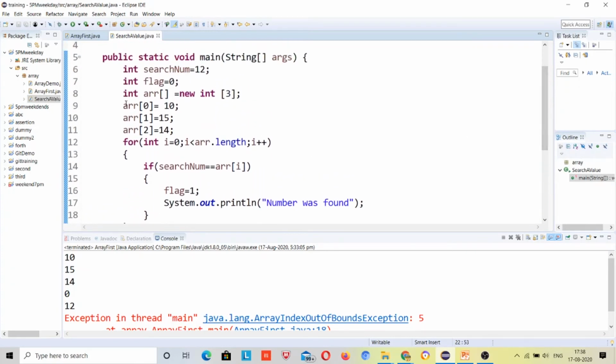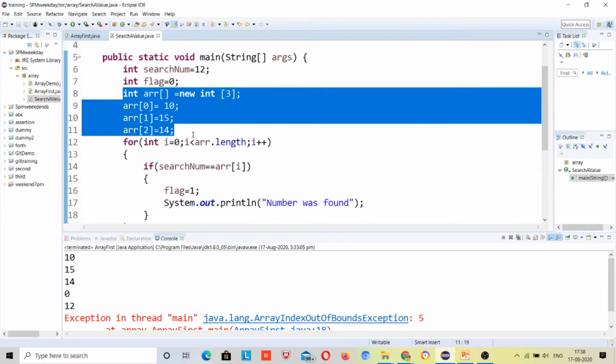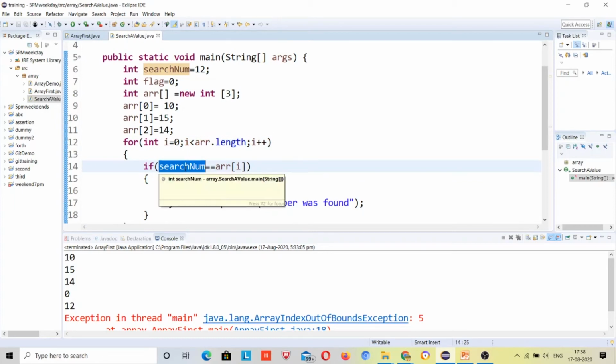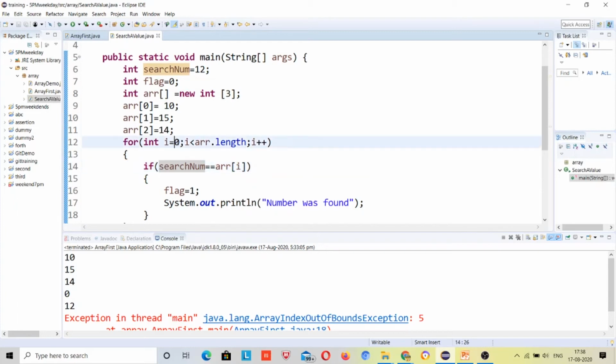I have declared an array of size 3 and I have to search whether number 12 is present in this array or not, right? So first of all it will run from i value 0. It will match whether searchNum 12 is equal to arr[i], and the current i value is 0.